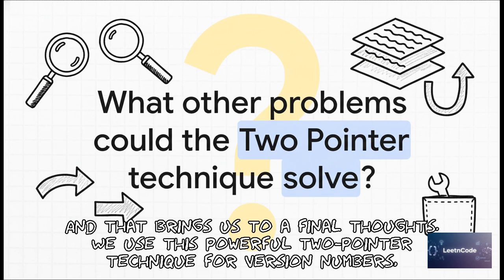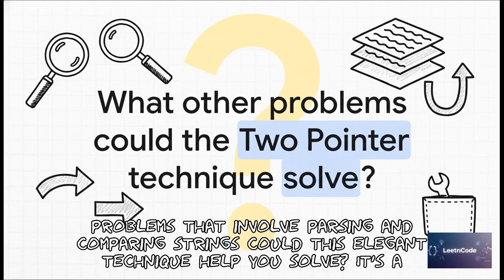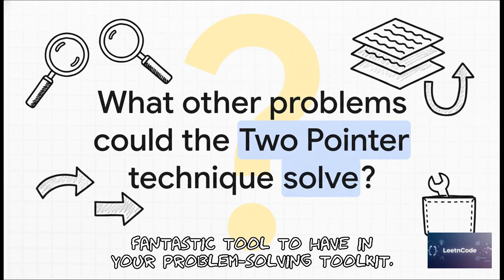And that brings us to a final thought. We use this powerful two-pointer technique for version numbers, but its usefulness goes way beyond that. So I'll leave you with this question. What other kinds of problems that involve parsing and comparing strings could this elegant technique help you solve? It's a fantastic tool to have in your